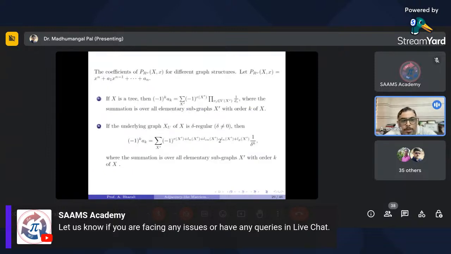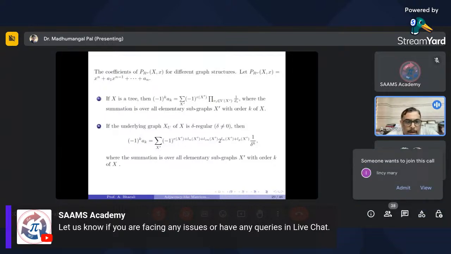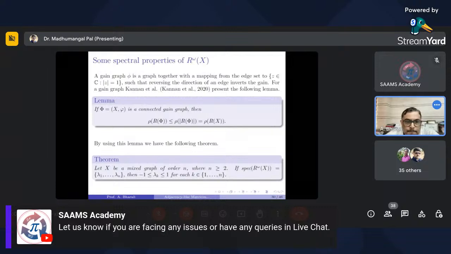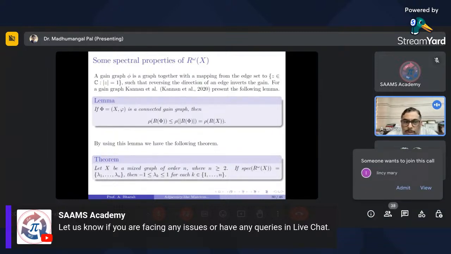And these are some of the corollaries: if it is a tree, what will happen, and if the underlying graph is regular, what will happen? So these are some results from the polynomial. Right. And in 2020, Kannan proposed this graph in connection with gain graph. I don't want to go into detail of gain graph because I see that in the next session, gain graph will be discussed at length. So I just want to show that this result has some connection with the gain graph, and for our matrix, this will be something like this. So the next